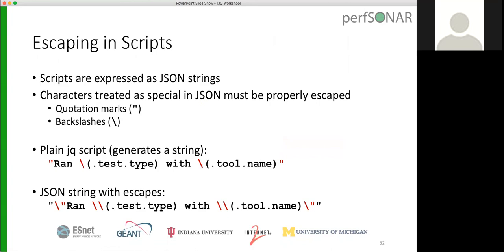One other thing you need to be aware of, because all of this is usually encased in JSON, is that you're expressing the contents of your scripts as JSON strings. And what that means is that you have to watch out for characters that are treated specially by JSON that have to be properly escaped. The two that you're going to worry about are quotation marks and backslashes,